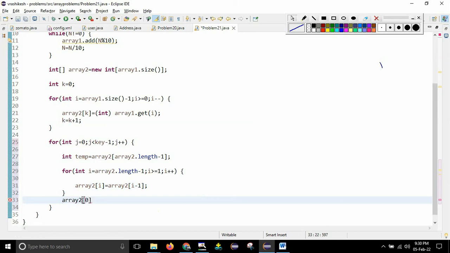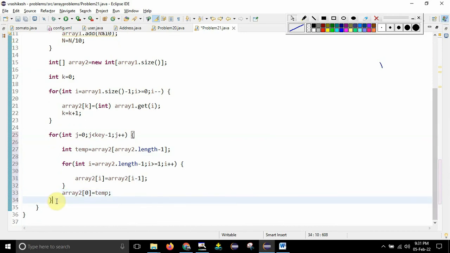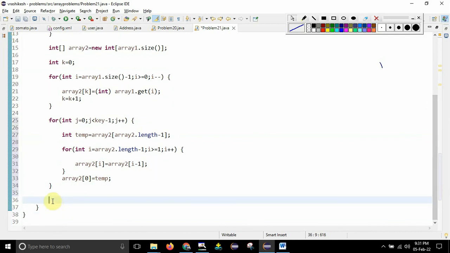Okay, so that is stored in the temp. So at 0th position you just need to copy the element which is there in the temp. Okay, so this will actually give me our shifted version. Two times shifted version it will give. So after shifting here it will be done, guys. Okay, fine. So now I'll just show you the shifted version of that one.